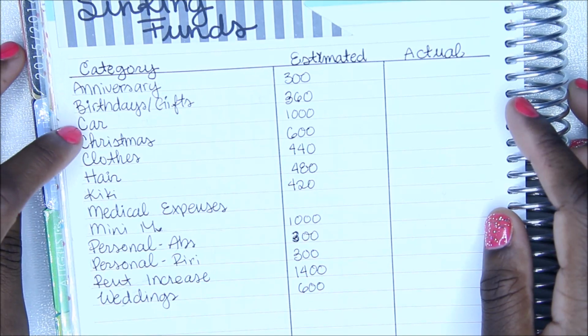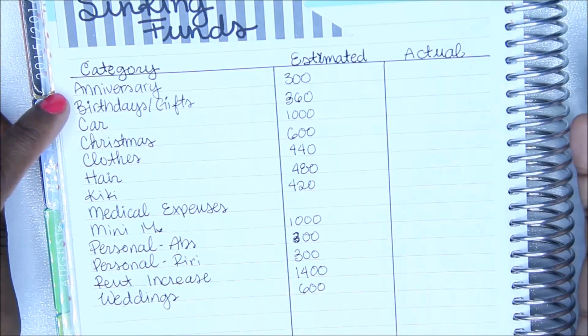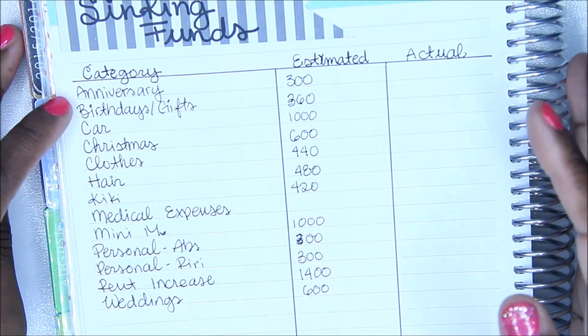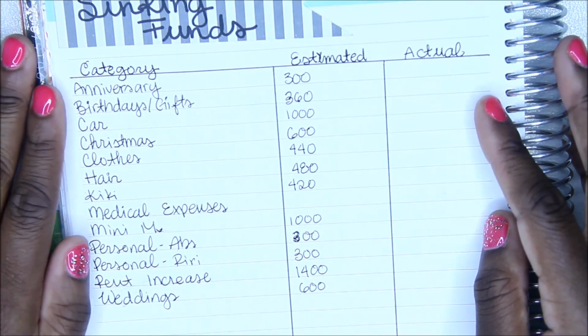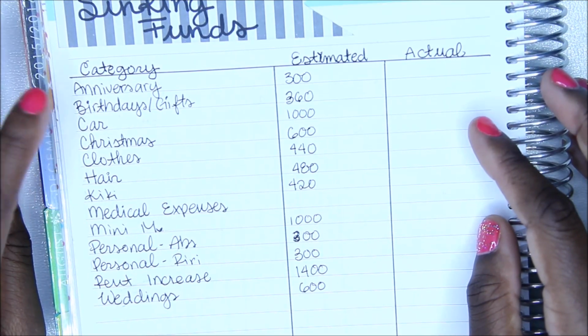But really, when you're getting started with sinking funds, it takes a while to realize what you actually need. So for us, last year we had our Christmas fund, but then when birthdays came up or we wanted to give someone a little gift, we didn't know where to pull that money from, and we would end up having to reshuffle our budget, so we decided to make a sinking fund for birthdays and gifts because